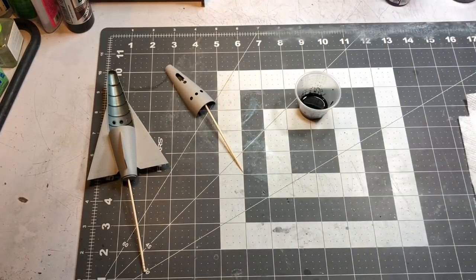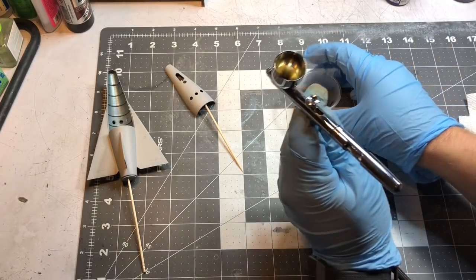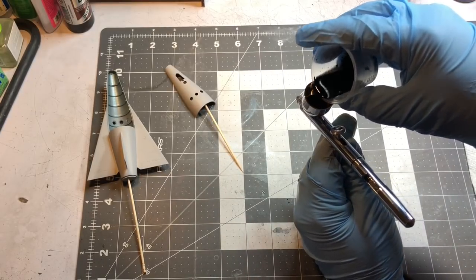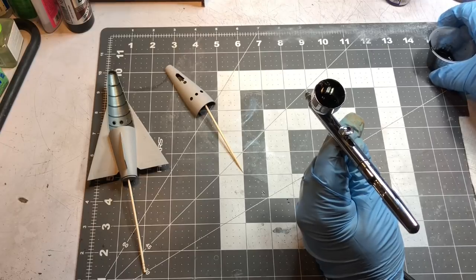Now I have a fan on in the window. I should be wearing a respirator, but this is a small part that I'm going to show. So, you know, I'm just taking a risk with my health right here, fellas. But this is a lacquer. This is stuff that's not good to breathe in, so wear a respirator. I normally do, and I've got my window open with a fan in the window right here next to my...